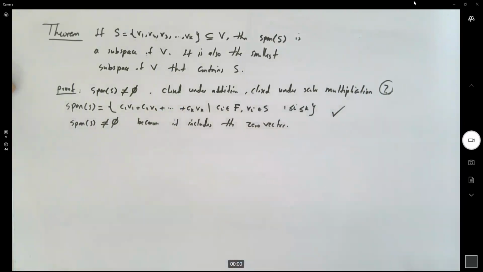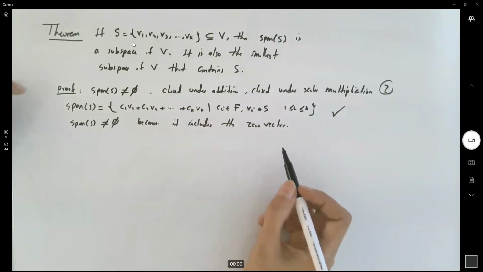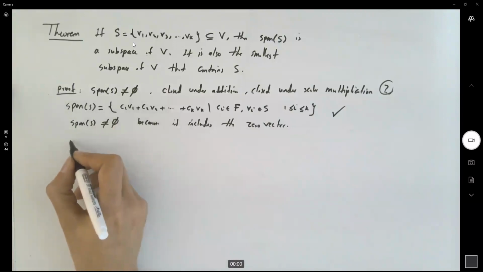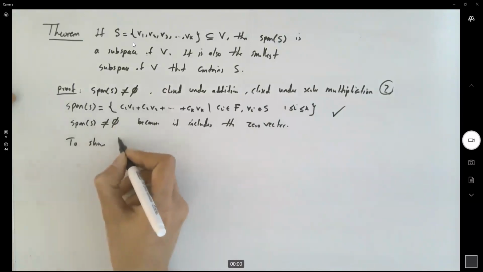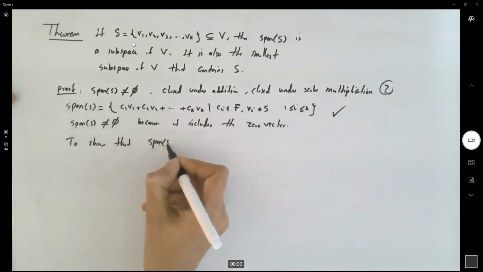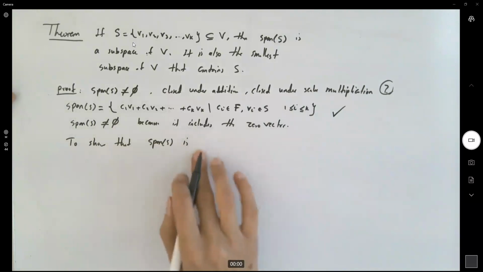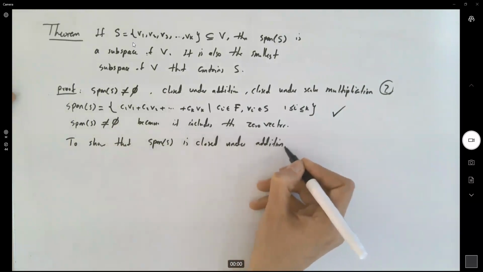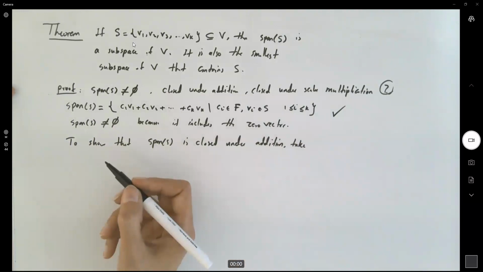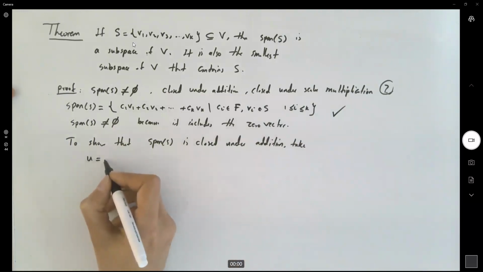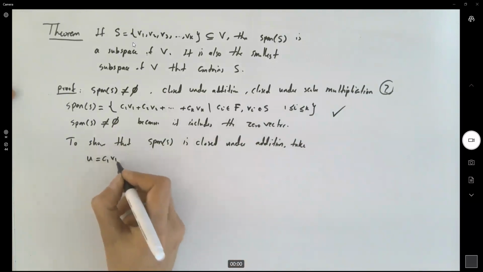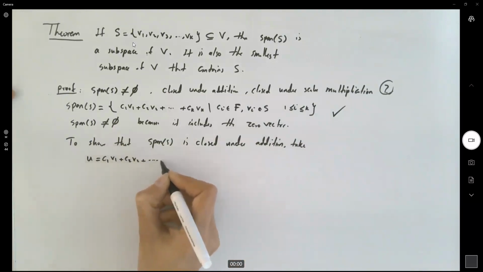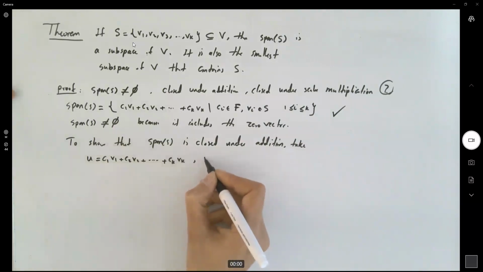Now we need to show that it's closed under addition, am I right? To show that it's closed under addition and then scalar multiplication, let's take 2 vectors in span S. To show that span S is closed under addition, take these 2 random vectors, like u, which is c1 v1 + c2 v2 + ... + ck vk,